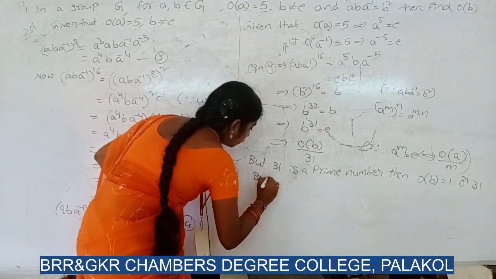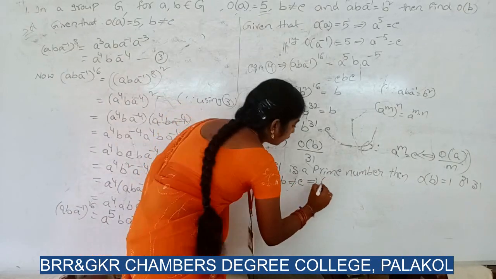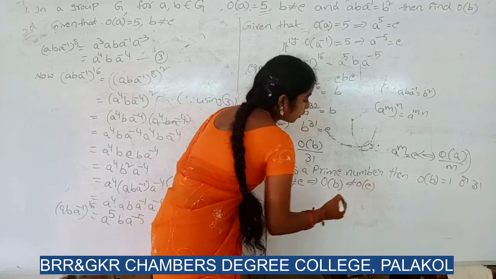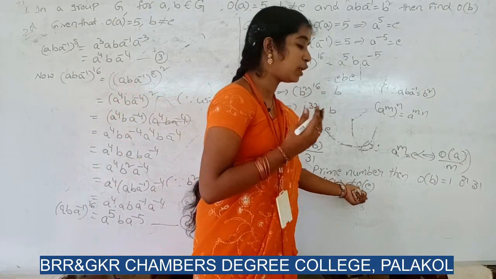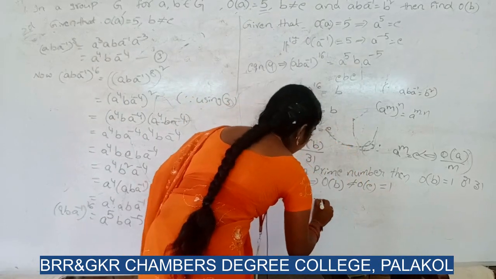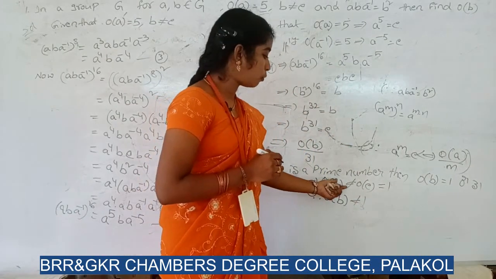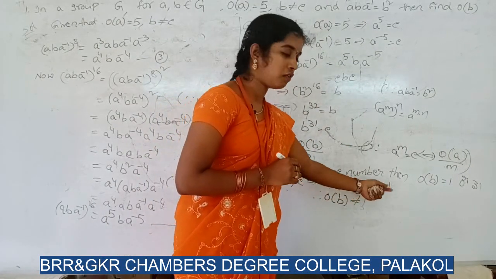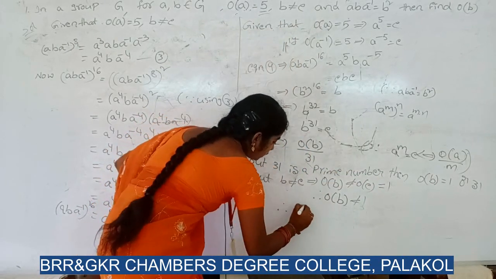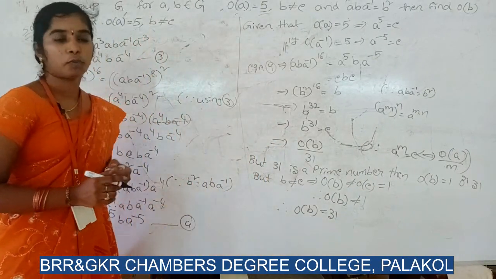So since B not equal to E, apply the order. Already you know that the order of the identity element in any group will always be equal to 1. So order of B not equal to order of E. Order of E value is 1. So order of B not equal to 1. So therefore order of B is 31. So this is the problem. And next